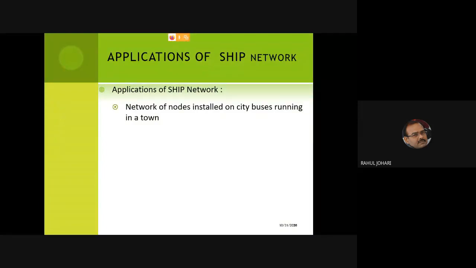So if there is congestion at a particular point A, we can have nodes installed on the city buses because they are continuously moving around. As and when two nodes come in contact with each other, we'll have transmitters, receivers, and sensors, everything in place, and they can exchange messages and inform each other not to take this route because there is congestion ahead. There's a bus coming from left to right, and a bus moving from right to left. When they come to the close point of intersection, they can exchange messages about the congestion so that the next bus can reroute itself and take the alternative path.